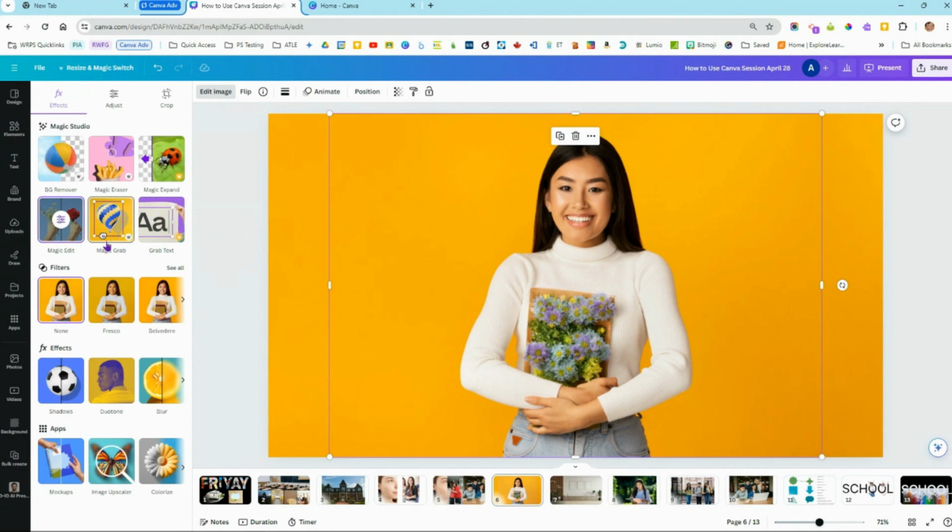Magic Grab actually is just really similar to background remover, but I've already used background remover on her. As you can see in the little image here, you roughly outline a shape and it's going to pull that out of the picture and you can move it around separately. So really similar to using a background remover, in my opinion. And then it can also recognize text. So that would be within a photo. If you had an image that had some text in it, this would interpret those letters, run some OCR on it, and